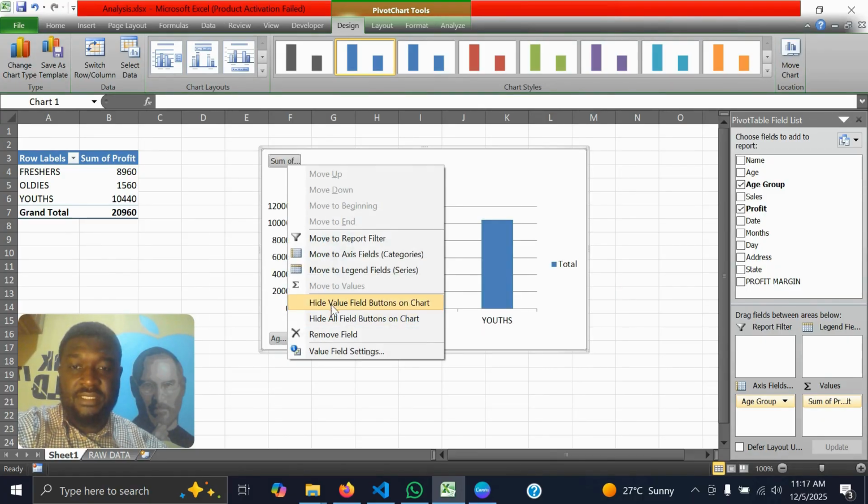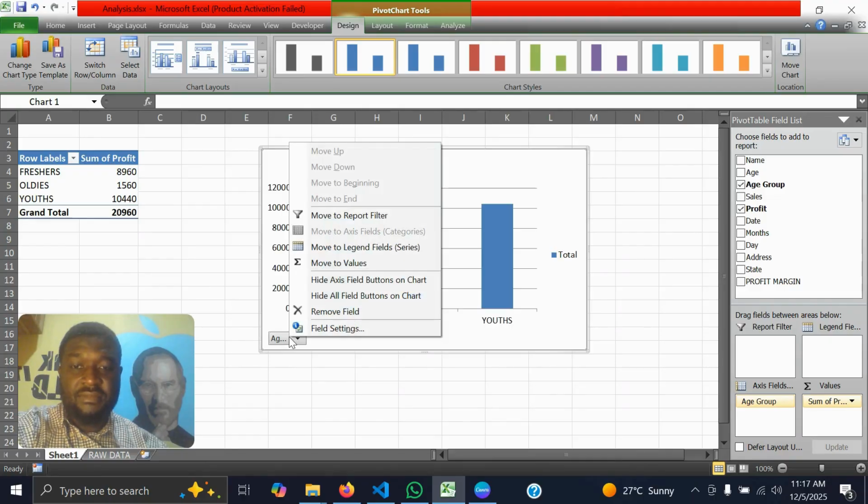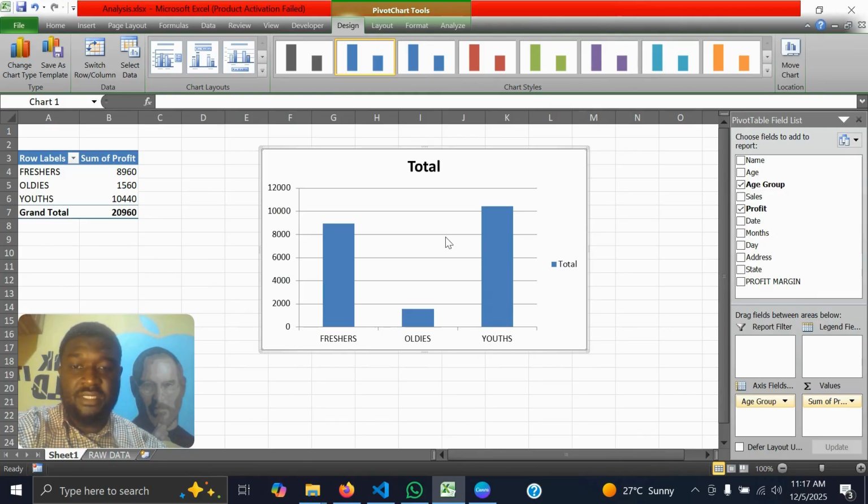It's telling us that, from what we can see now, you can quickly see that we get more money from the youth than the fresher than the oldies. So whatever we are selling is focused on the youth and the younger guys and less focus on the old people. So let's do the same thing for